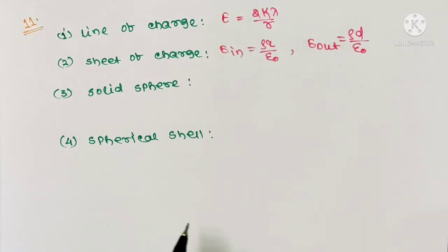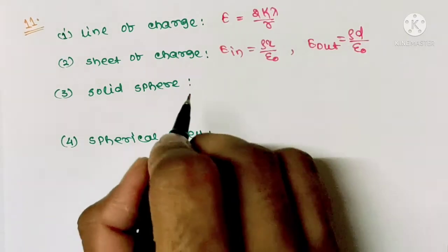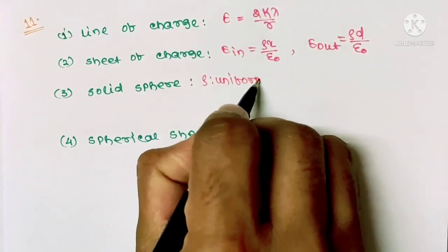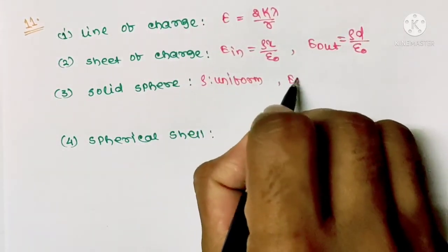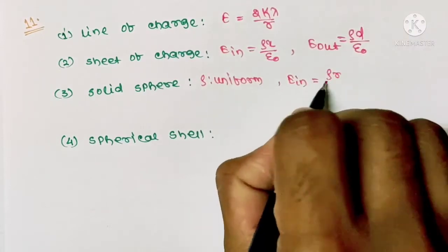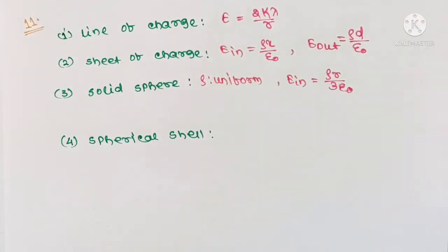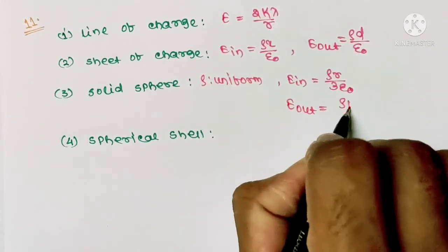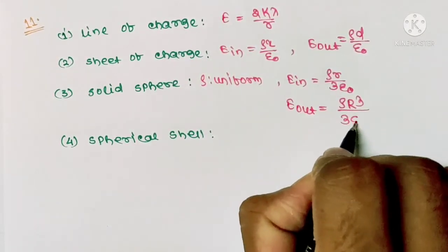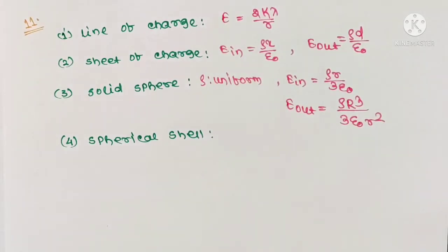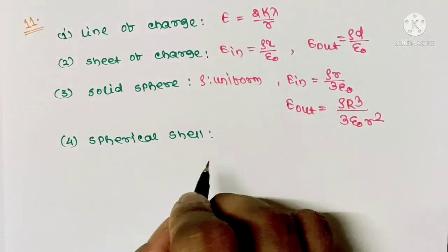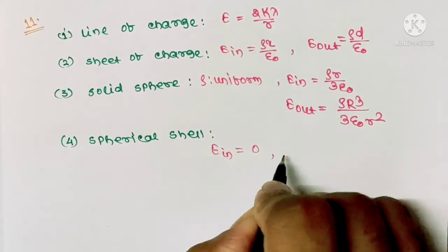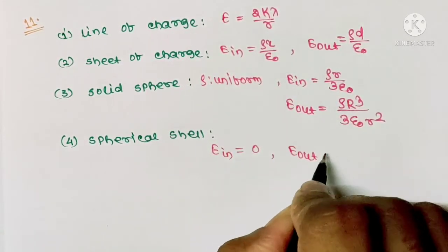Now for a solid sphere, assuming rho to be uniform, electric field inside of the sphere is given by rho r by 3 epsilon naught, and electric field outside of the sphere is given by rho R cubed by 3 epsilon naught r square. Now for a spherical shell, we know electric field inside the shell is 0 and electric field outside the shell is